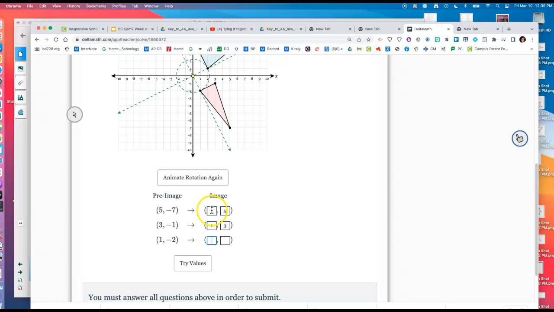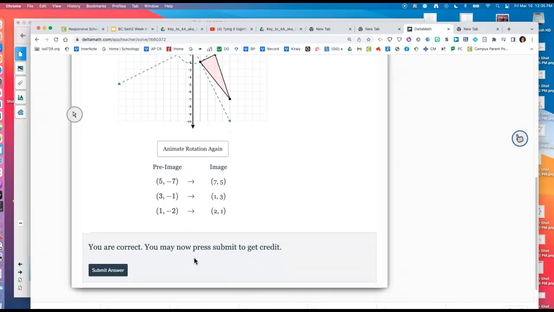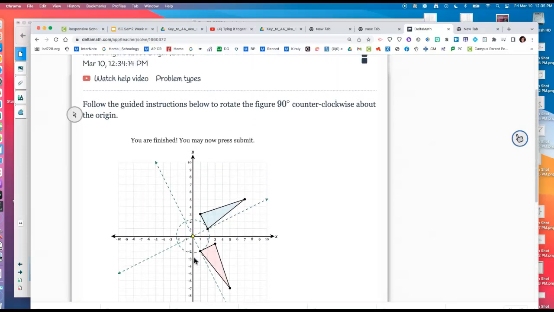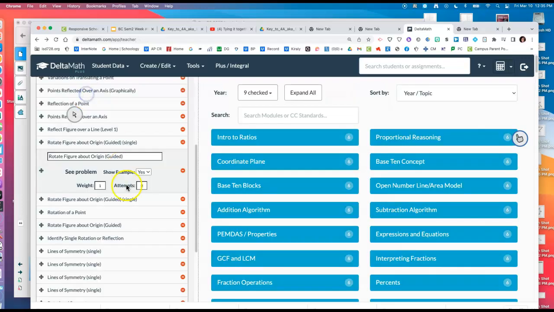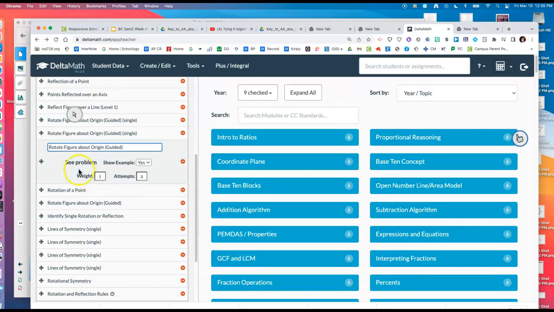Let's do that one here. What did I say we're doing? It looks like we're taking the opposite of the y value and keeping the x value. And we'll go write these in your notes. All right, go ahead and submit. And then back, we have one more to do. We're going to go 90 degrees